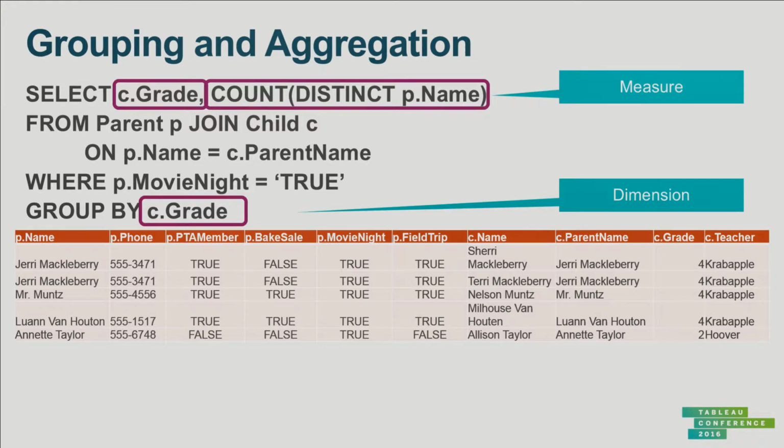So that select clause has 2 kinds of things in it. It has a set of columns that show up in the group by clause, and it has a set of things that are aggregated. Right? So here, grade shows up in the group by, name is aggregated. If I put something else there, if I just put phone number there, for example, SQL will puke.